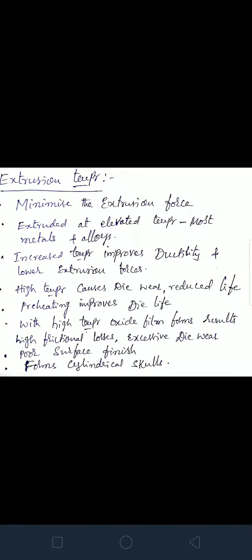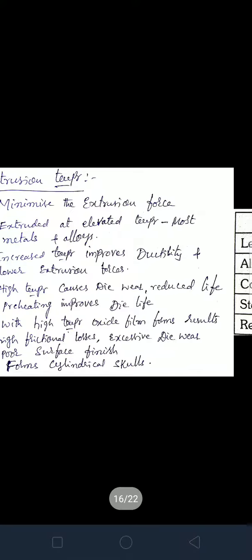So normally due to high temperature there are chances of formation of oxide films, and very high temperature and pressure conditions result in excessive die wear, hence reduced die life. Then if the container and die are cooled by external means, you have to provide a cooling arrangement. Then the extrusion produces non-uniform deformation with severe dead zone combined with high friction, forming so many defects. Therefore, to minimize the problem, we discuss the extrusion processes.